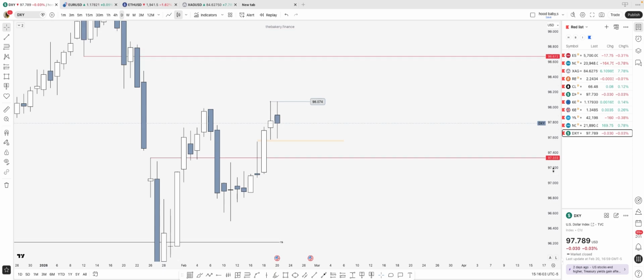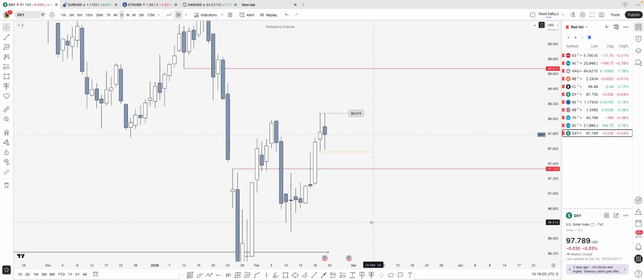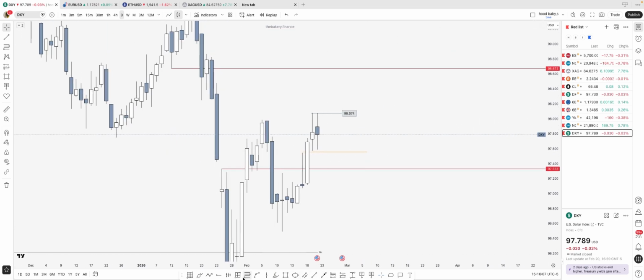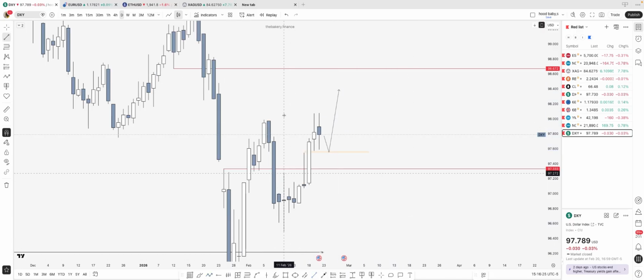We're looking at this area as an area of interest for higher prices. This is what I'm expecting: a continuation lower into the gap, clearing out Friday's low and eventually towards this low before going for the relatively equal high on the previous weekly high. Let me take this off and use a different marker.